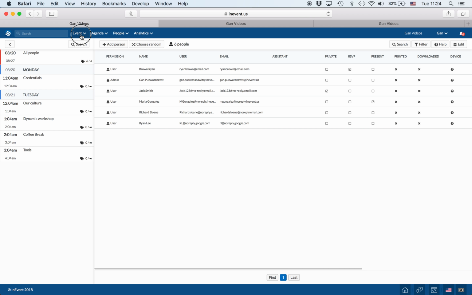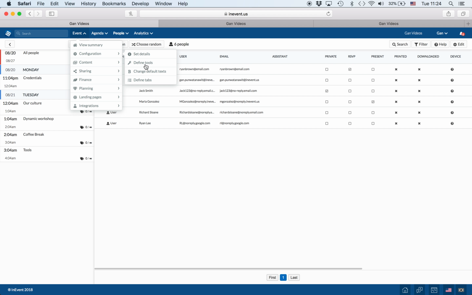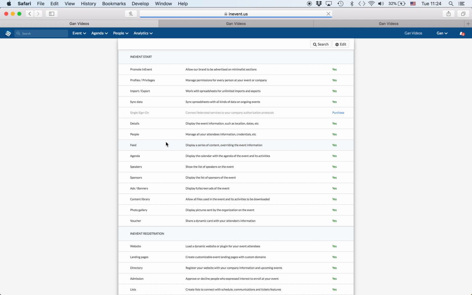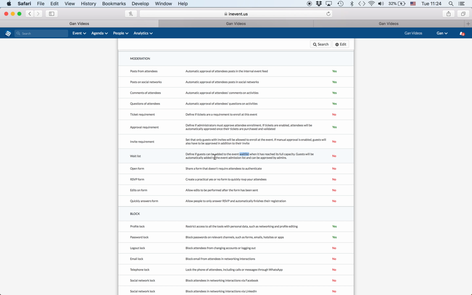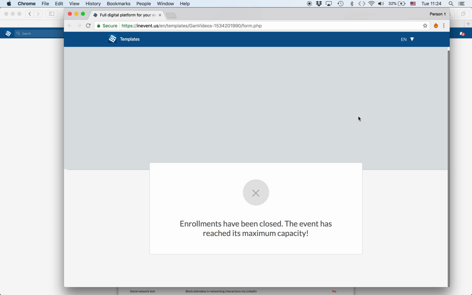To enable a waitlist, you would go to Event Configuration and Define Tools. Next, you will scroll down to Waitlist or search for it, and go into Edit Mode and enable it, and click on End. Afterwards, in the registration form,